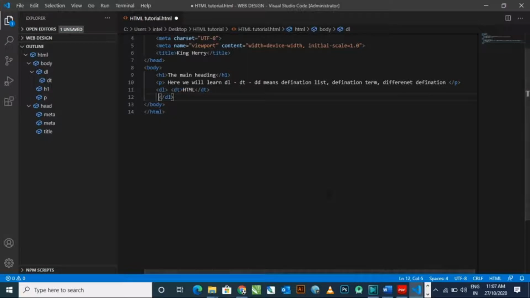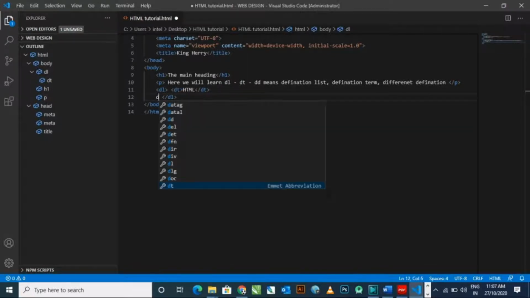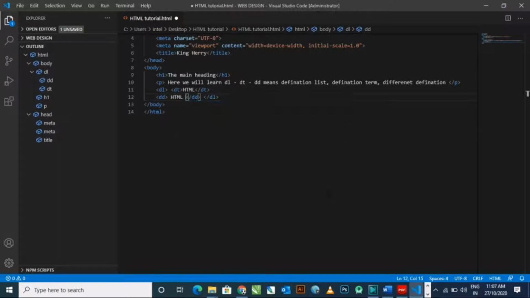Here I am typing DD elements. HTML's definition I am describing here. So I am typing here, HTML is a coding language, hypertext markup language. Simply I am typing the description which defines that particular word, HTML,